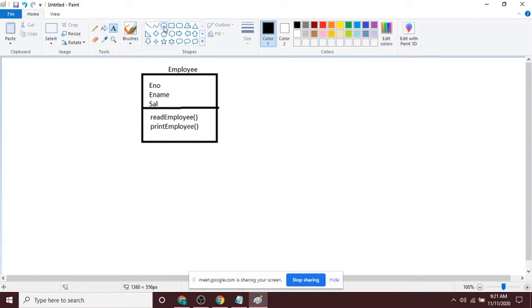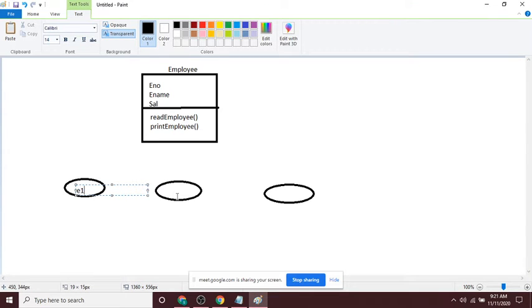Now I am creating 3 objects. What are those 3 objects? For example, this object name is E1, this object name is E2, and this object name is E3.